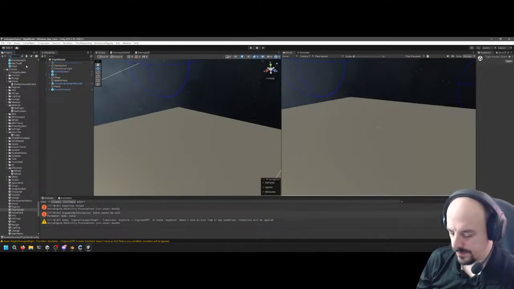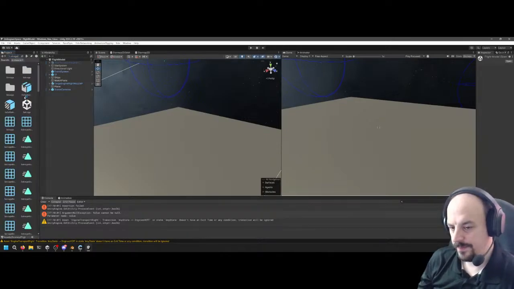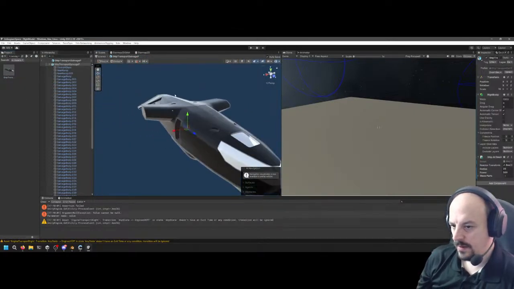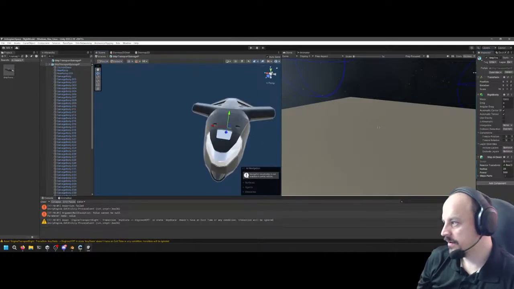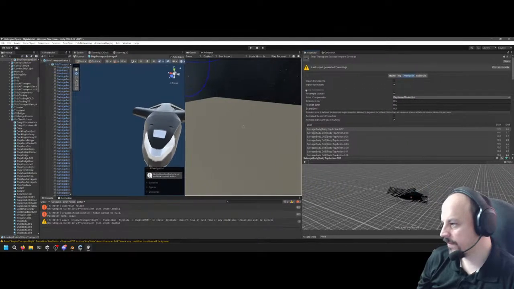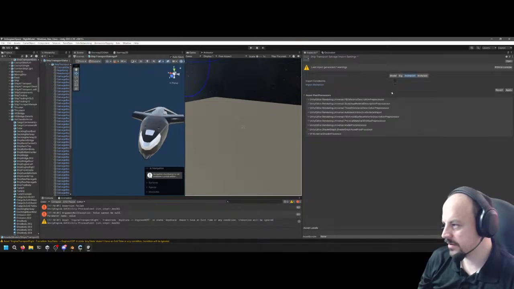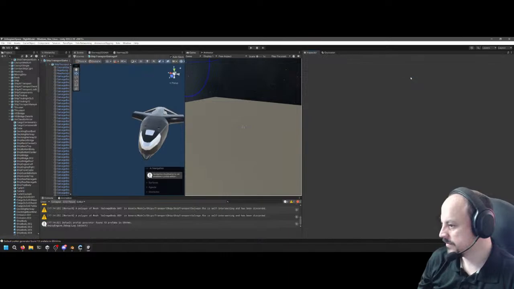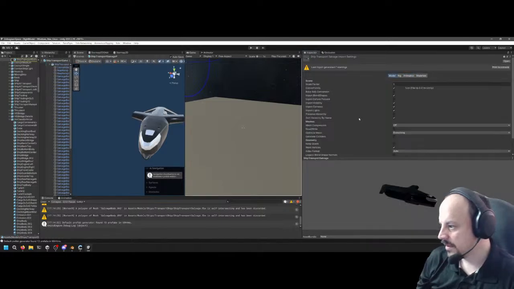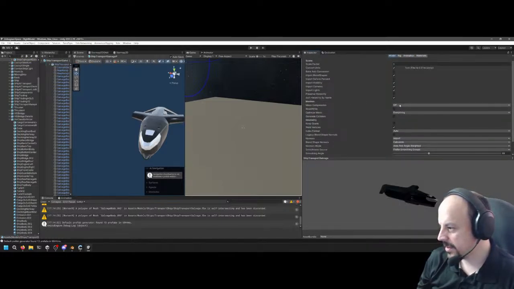So in the salvage prefab, we're not importing animations. So for meshes, we're not doing any mesh compression.